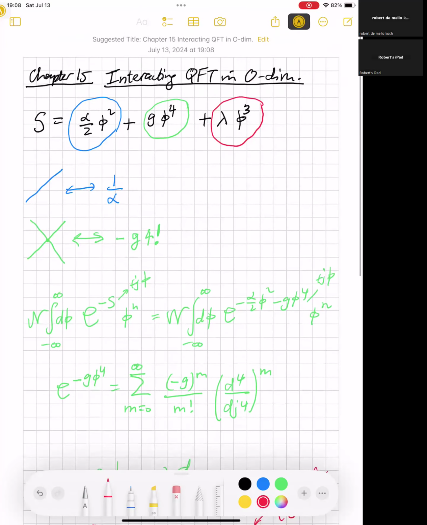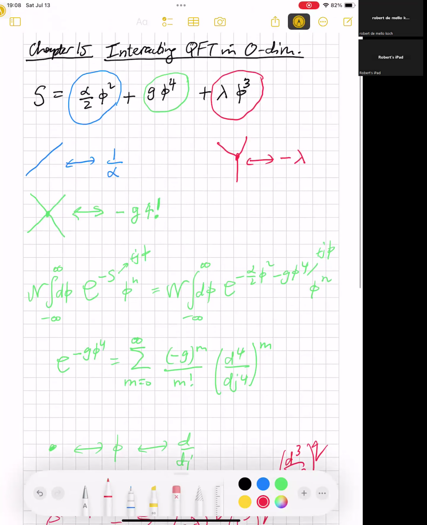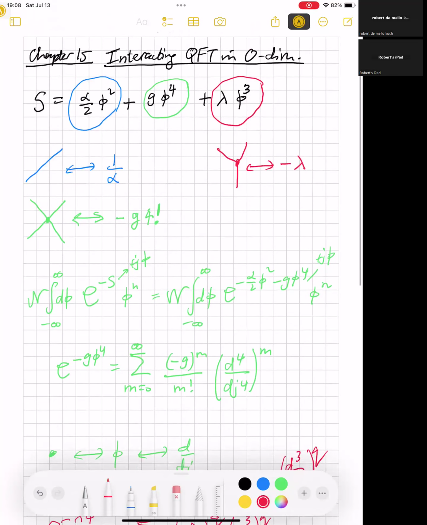So we would invent a new rule where we have 3 legs meeting at a point at the vertex, okay? 3 legs meeting at the vertex. And what would the rule for this new vertex be? Well, it makes sense to say minus lambda because we've got a minus lambda coming each time. Now, why is there this 4 factorial? Well, the 4 factorial, one way to see it